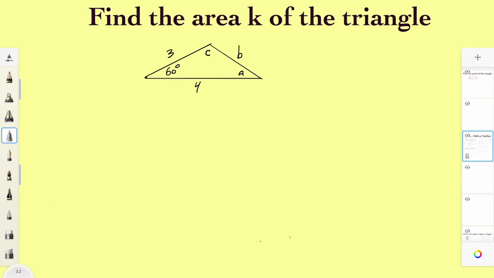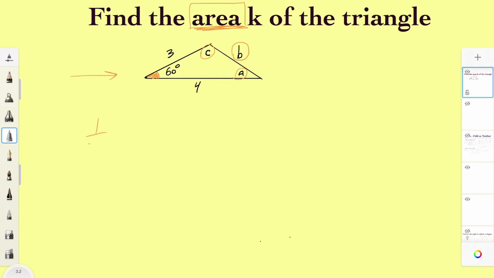And I have one last example here. Find the area K of the triangle. So we have a triangle. This is 60 degrees. If they ask us to solve it, you need to solve for B, A, and C. You can use law of sine, law of cosine. But here we're looking for area. You have two types of formula in your note sheet. One of them, which we can apply here,